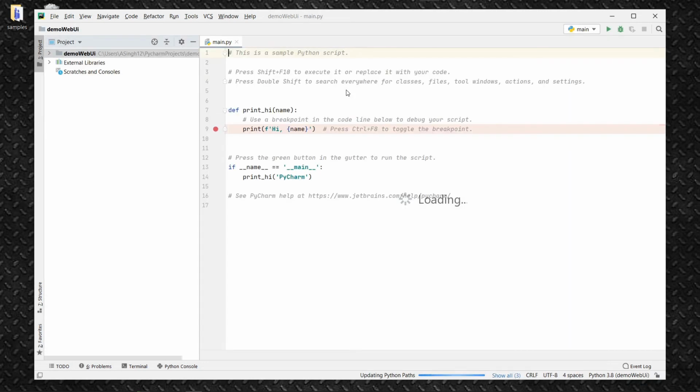So now our project is ready and this is a default file that has been created by PyCharm. So you can see that a few of the things are still working. So let it complete. Okay.